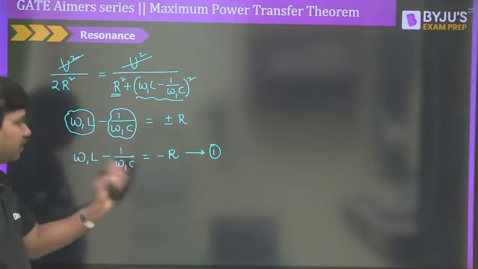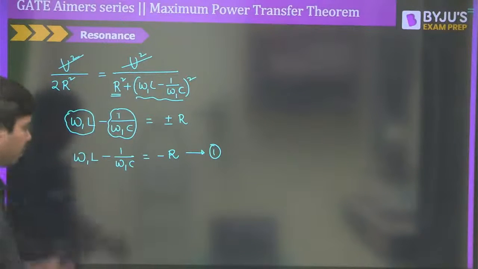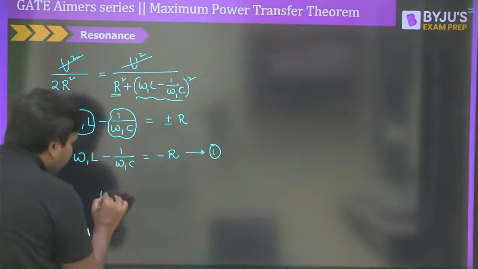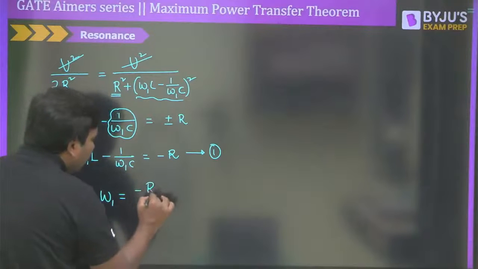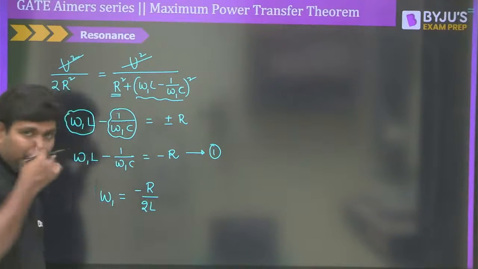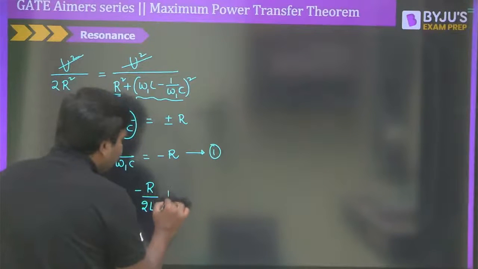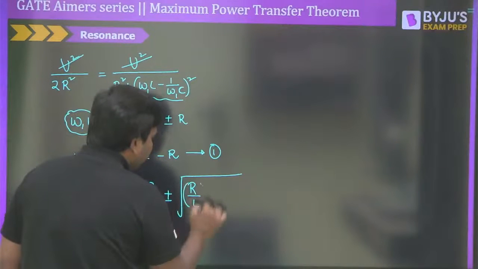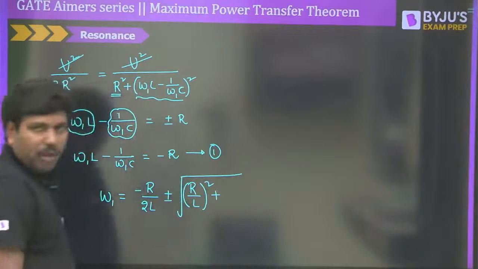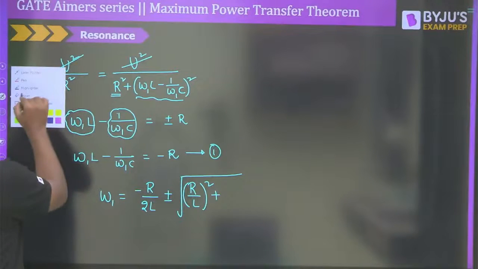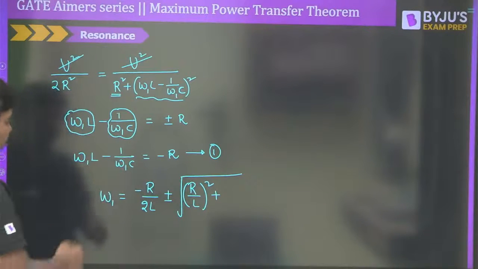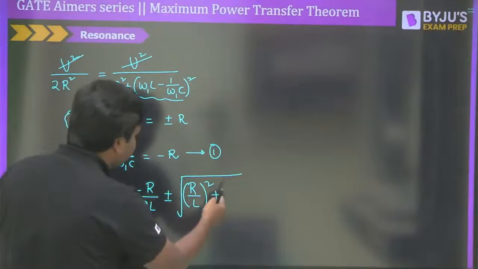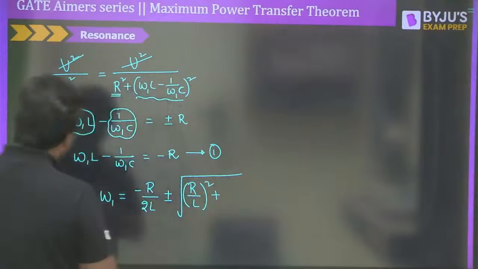And of course, if you solve this equation, then you will get the value of omega 1. So it is a quadratic expression. Just take the LCM and do all the stuff here. Then you will get omega 1 is equal to minus R divided by 2L. Clear? Minus R divided by 2L. Of course, plus or minus under root of (R by L) whole square, and of course you will have some value here, right? What I do is, I will give this value to you. So it is a half power frequency. If you want, you can see what exactly you will be having here. But as far as my knowledge is concerned, you will need to keep 1 by 4 AC here, right?